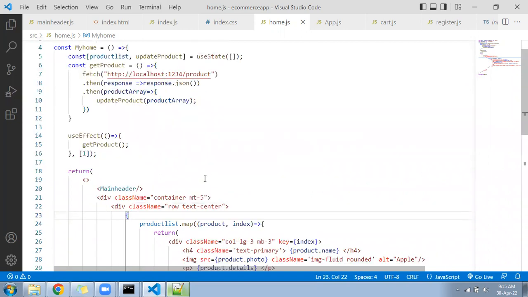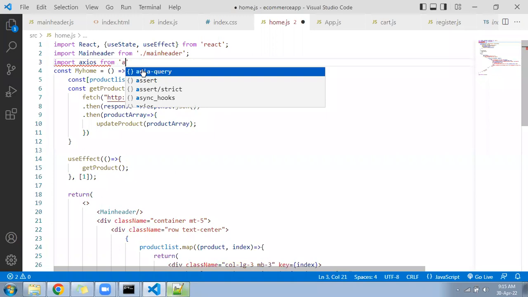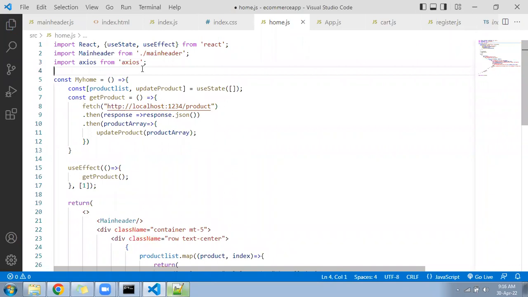Okay, right. Next, go here. In the same file, home file only, import Axios from Axios. It will create a folder called Axios in your